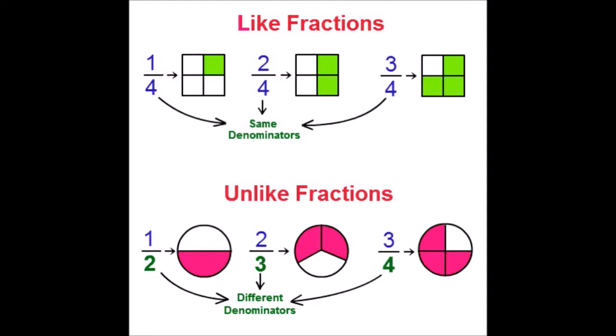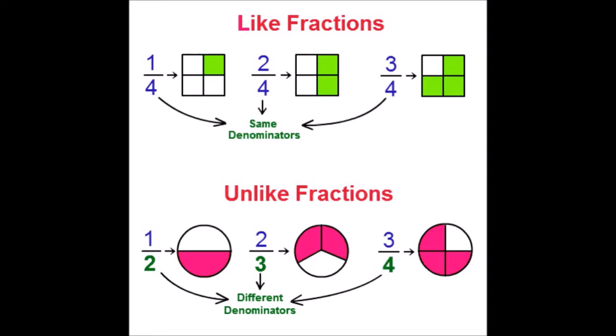See here, the first one is like fractions. See, the denominators are same. See the first one, 1 by 4, 2 by 4, 3 by 4. It has been written according to the shaded portions. Already you know how to write the shaded portion in fraction form, so it is given in that form. The denominators are same. See the denominators, everything is 4.